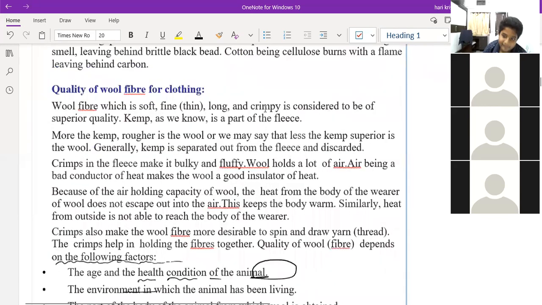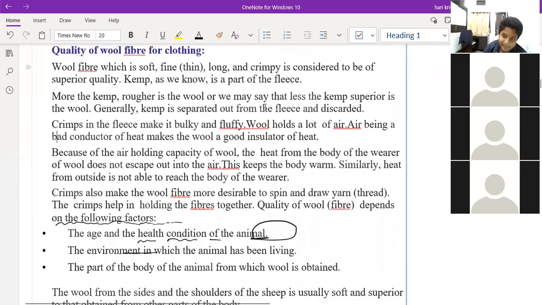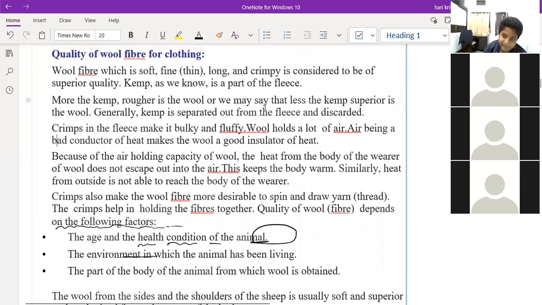The next one is the quality. Getting the fleece is the same in all the cases, each and every type of fleece. They have the normal fleece. Some animals will have very rough fleece. So if you take one sheep, it will have